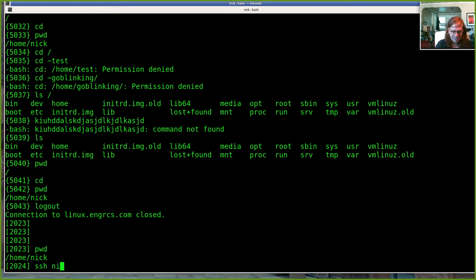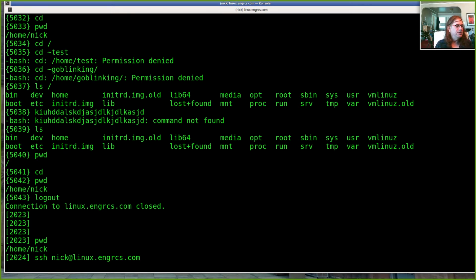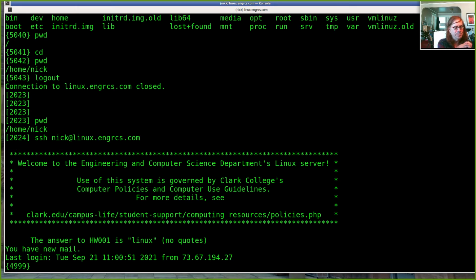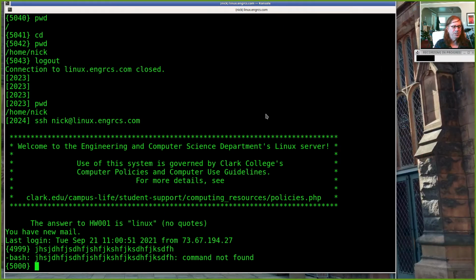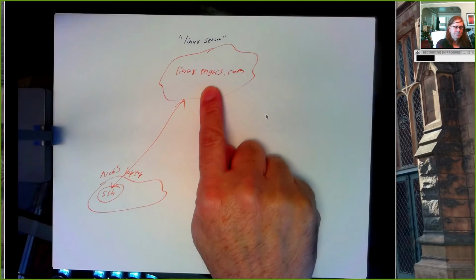If I say ssh username@linux.engrcs.com, it talks to a program on that remote machine, they handshake, they figure out I am who I say I am, and they log me in. And now, whatever I type is being interpreted by this machine over here.